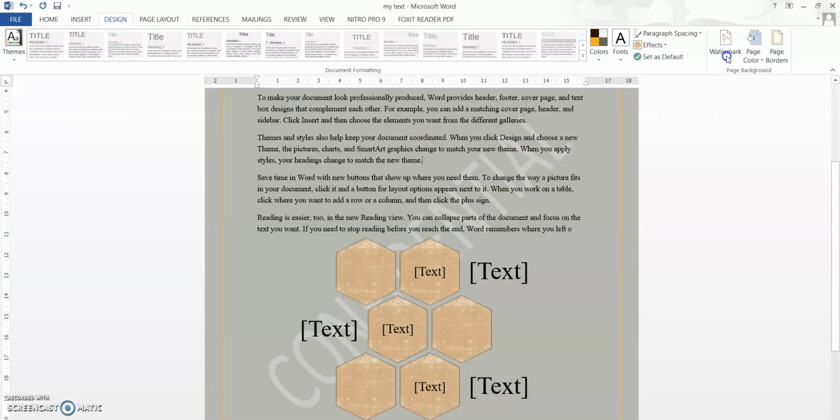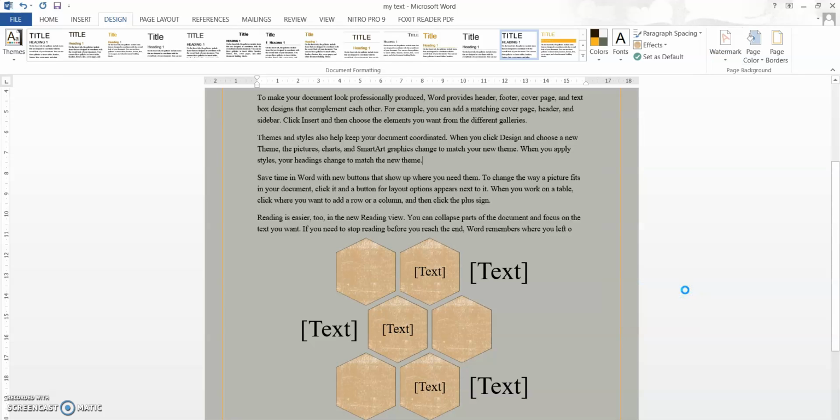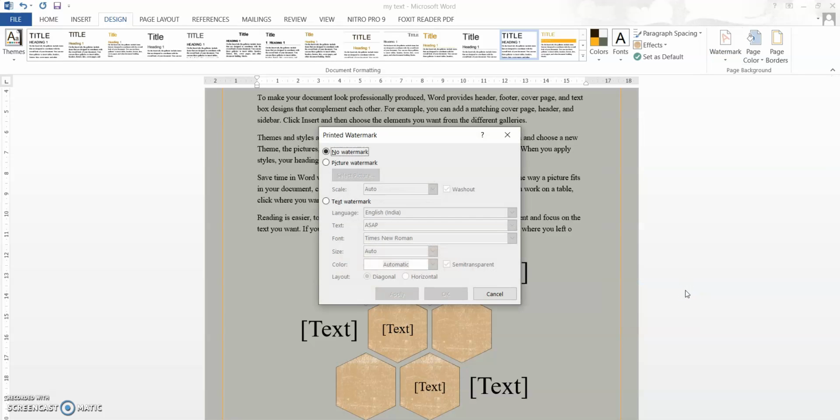Okay, so you can add some custom watermark also. These are the predefined watermarks that are available. More watermarks are available in the net, and you can also remove the watermark. So now I am removing this watermark and adding a custom watermark. In custom watermark, you can add a picture also as a watermark.